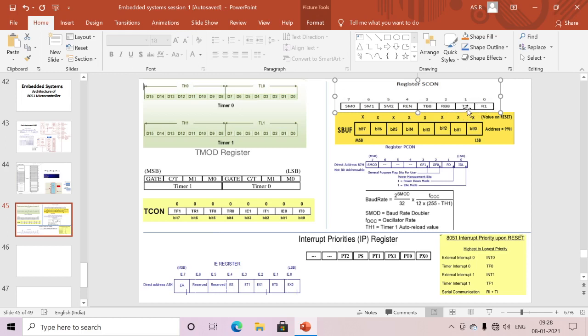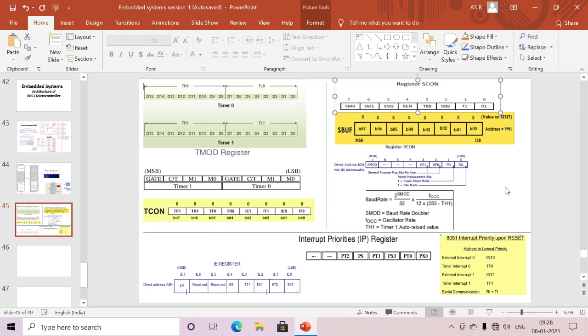SBUF is the register we mainly use to transmit data from the microcontroller, and also to receive data from other microcontrollers.